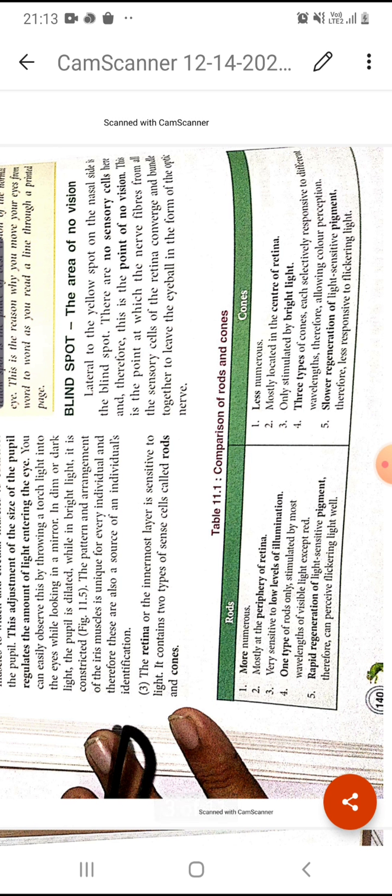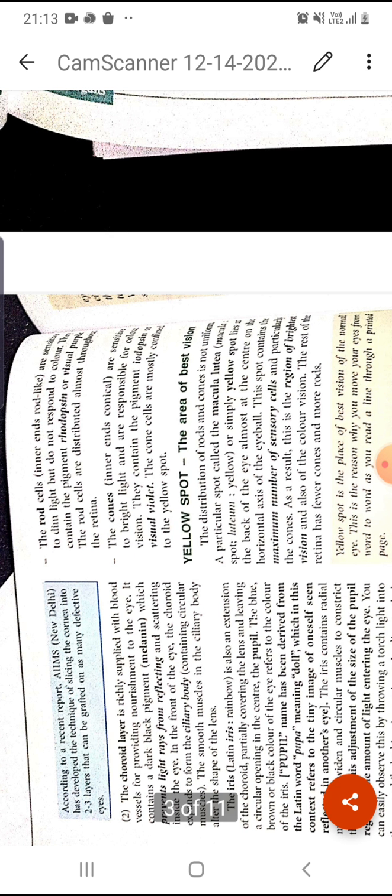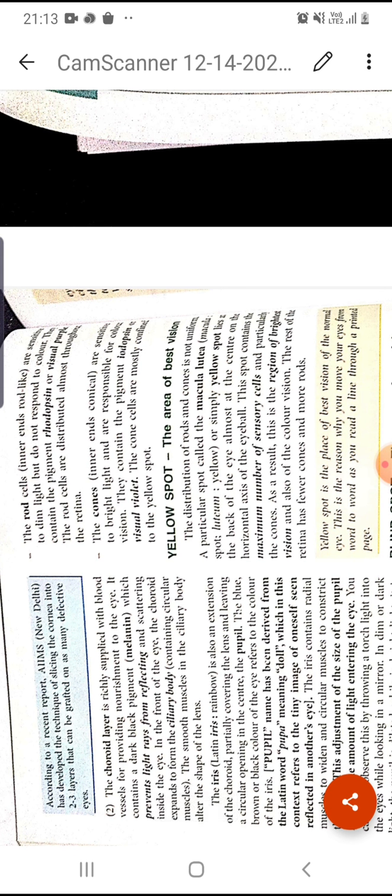Next layer is the retina, which is yellow in color. Okay, so it has the sensitive cells, the rod and cone cells of our eyes. Rod cells are very sensitive to dim light but do not respond to color. Which pigment helps us to see in dim light? That is the rod cell pigment, rhodopsin. So the rod cell contains a pigment, rhodopsin.